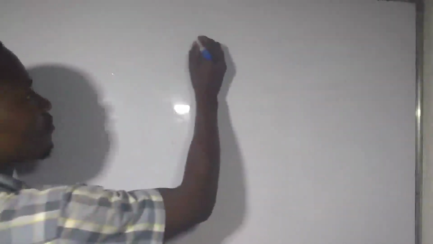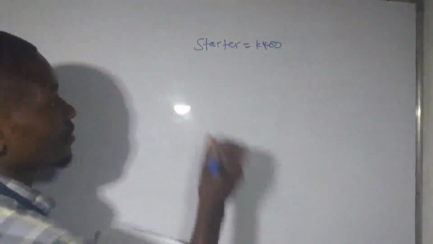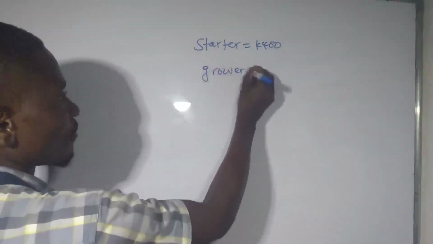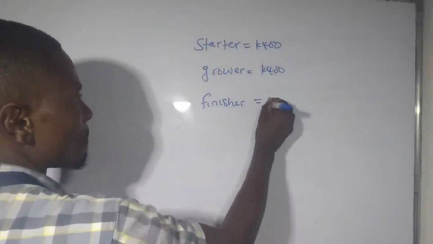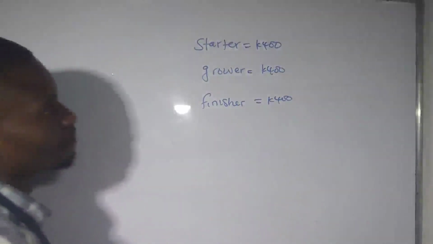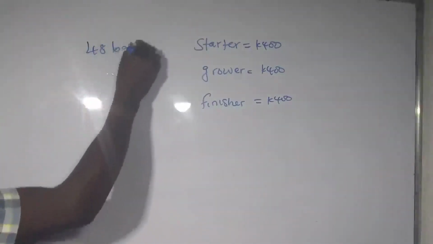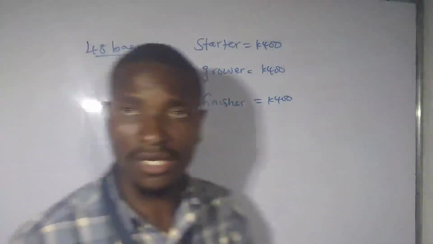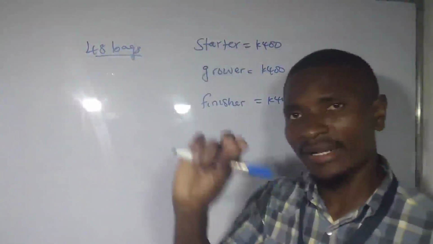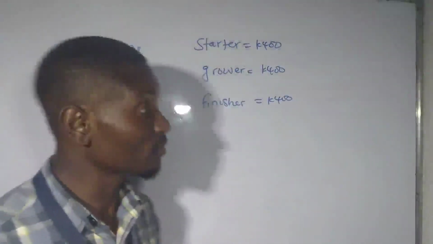Okay, so now finally we are going to say starter. So one bag is costing that, and then grower, and then finisher. Okay. So we have 48 bags. So 48 bags. Now the concept is that when you just put in a fish, the starter, the small one, they need more feed, meaning number of bags than this, than that. So my distribution is